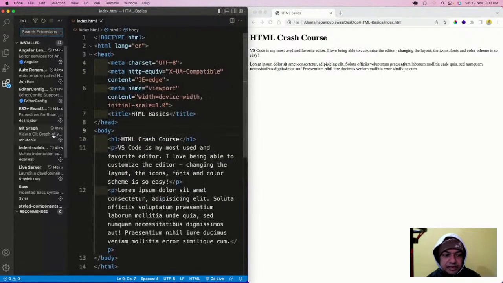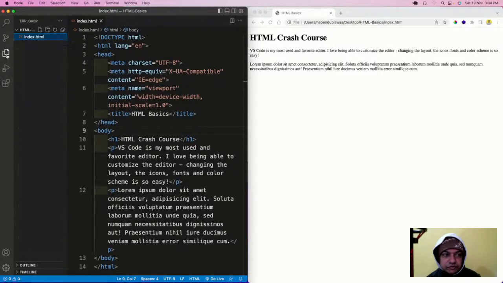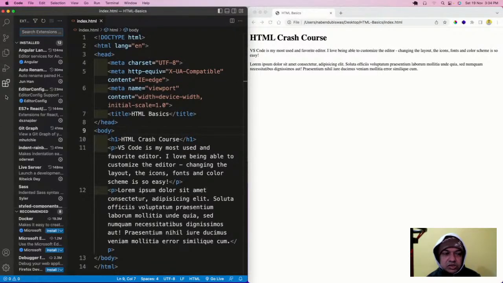If you go here, this tab is known as extensions. We were in the other tab, now I'm in this tab. You can add little packages in it. Someone was asking about packages. You can check it yourself. I have a lot of packages for React and all, which we have not yet learned, but we are learning HTML, CSS and JavaScript, and for that there is a very important package known as Live Server.